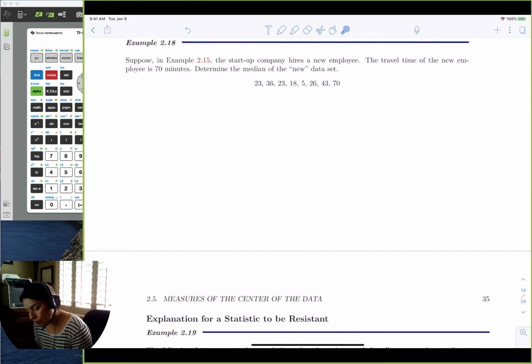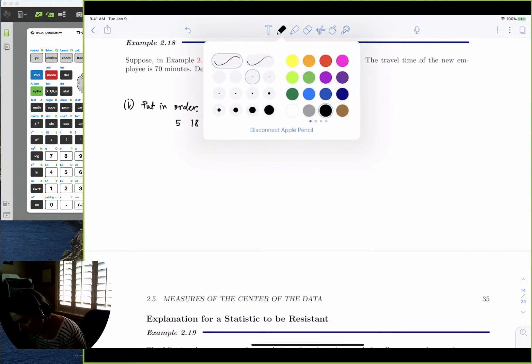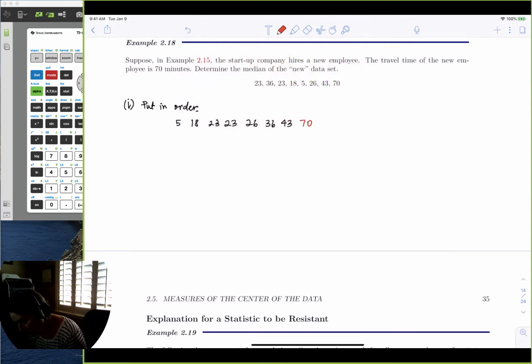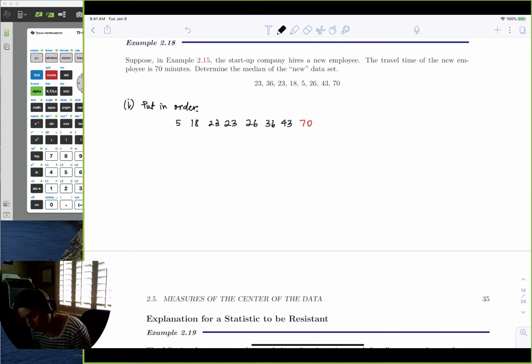Okay, so step 1 is always to put them in order. So we'll put 5, 18, 23, 23, 26, 36, 43, and then now this new data, which I'll put in red, 70. And so now we have 8 pieces of data, right? 1, 2, 3, 4, 5, 6, 7, 8. So the middle is still the middle, right? And so here we go. So if we put in order,